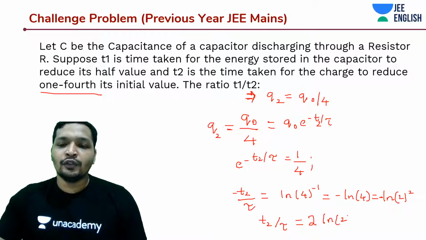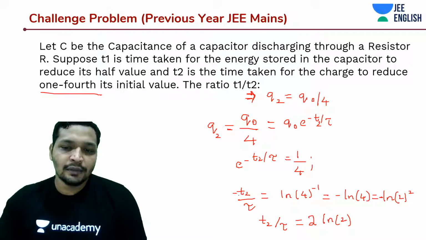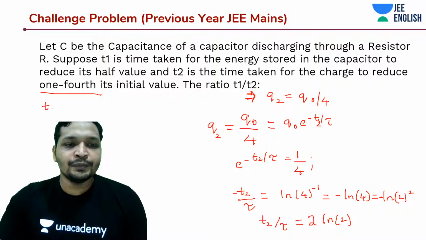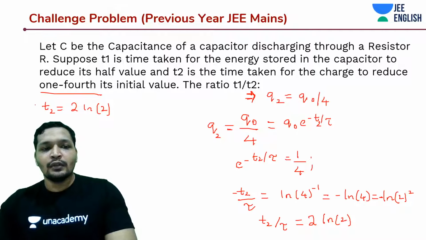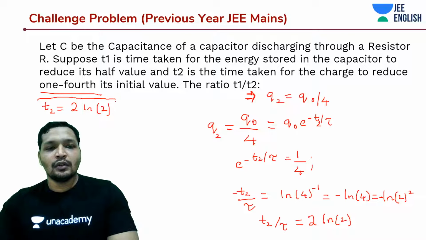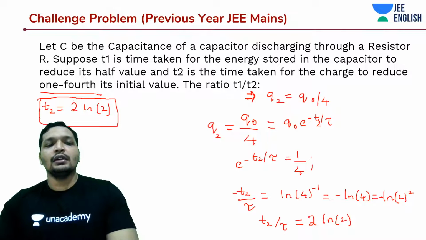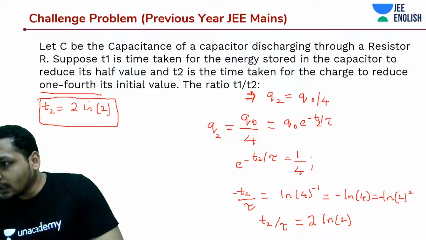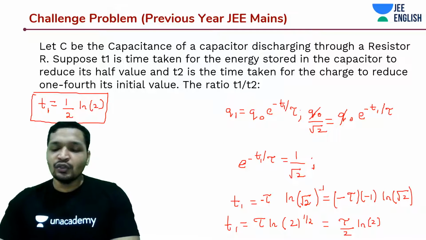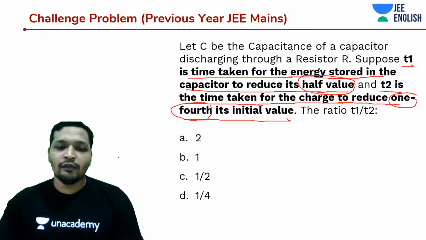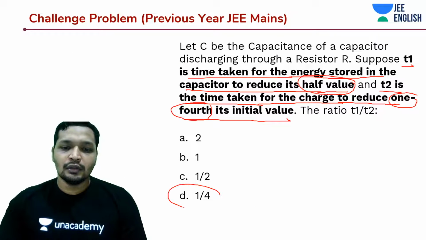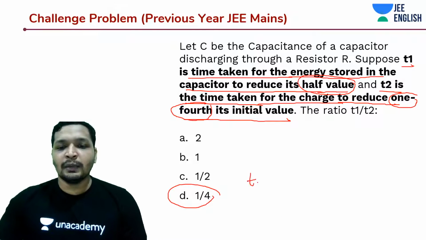Log of 2. Can we write it down? Yes, we can. And what is the value of your T2? T2 is 2 log 2. And what about your T1? Okay. So your T1 is 1/2 log 2. You divide both, what do you get? 1/4. Right? T1 by T2